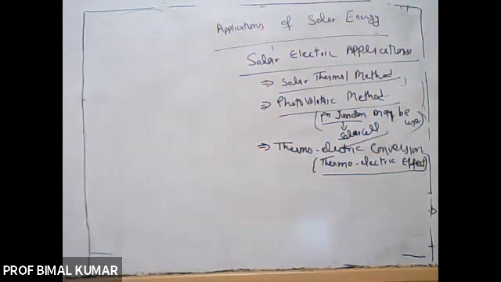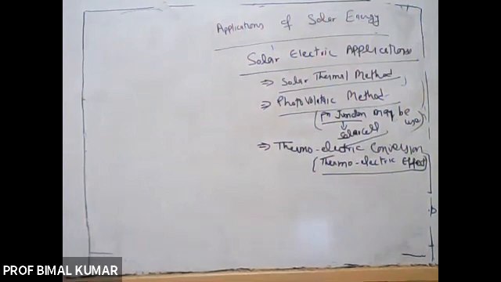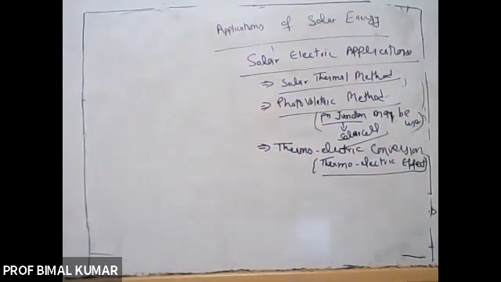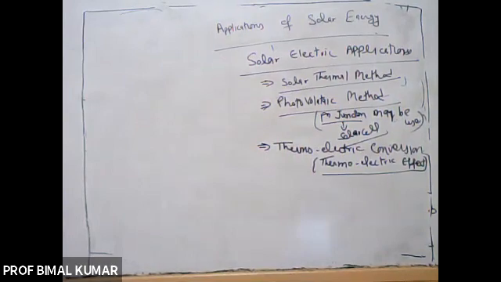And then in the same category, this photovoltaic method, this solar energy application in solar electrical appliances, this solar thermal method may be considered. Then this photovoltaic method may be considered. Then after that, this third category may be considered. And fourth is wind energy, a form of solar energy that can be converted into mechanical energy and hence into electrical energy by means of a generator.